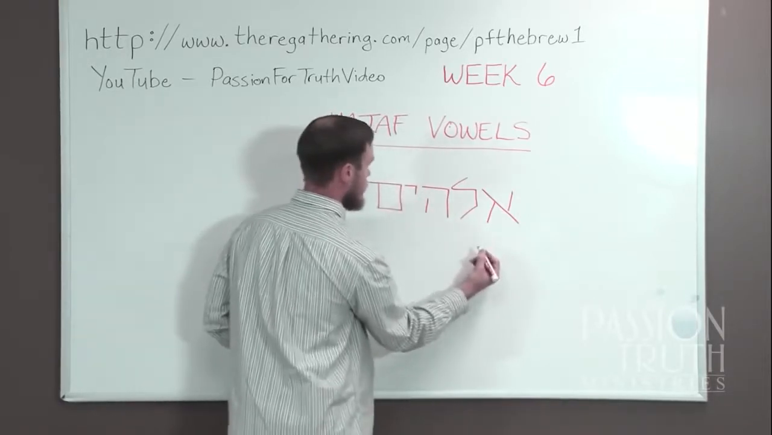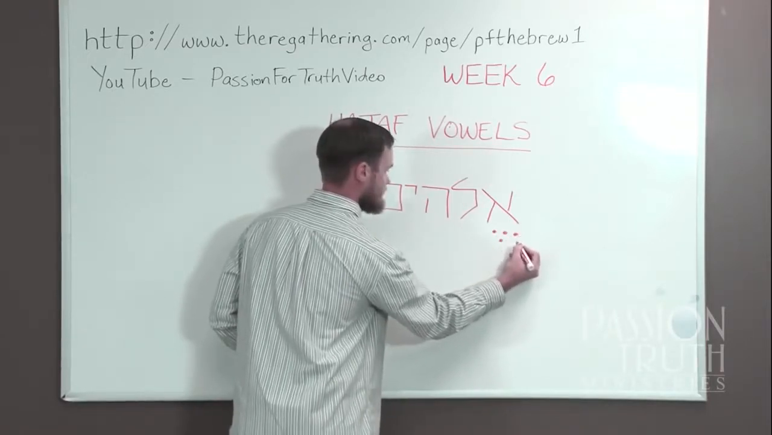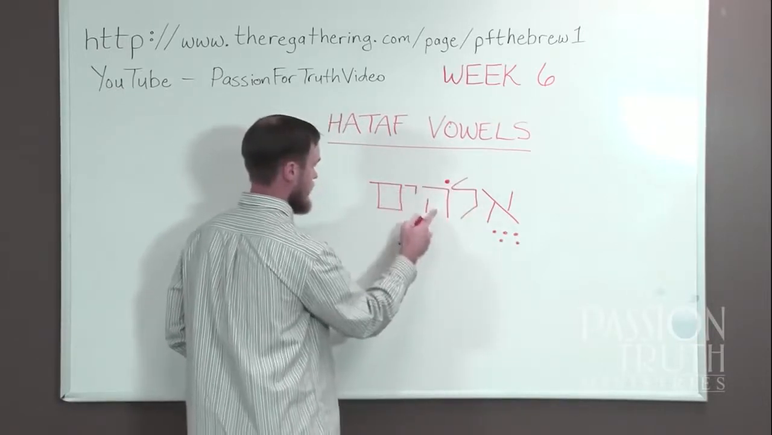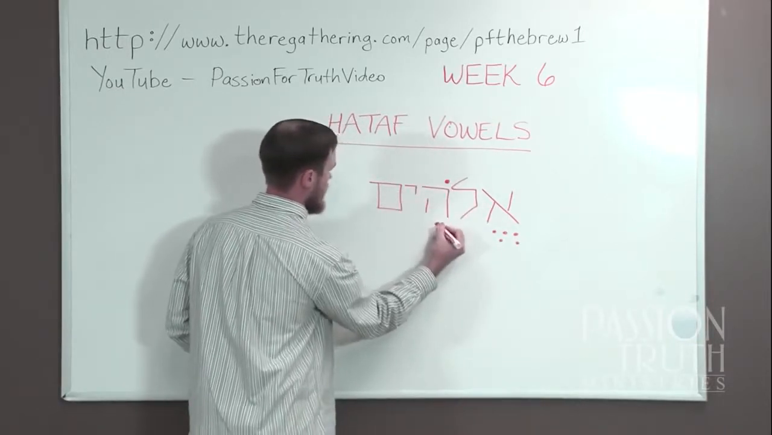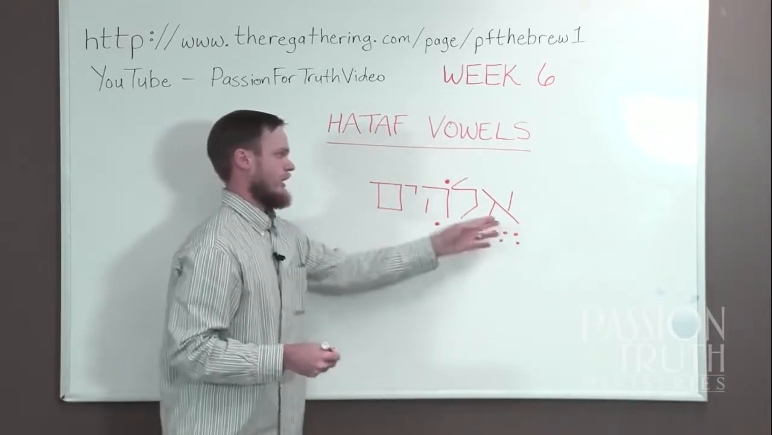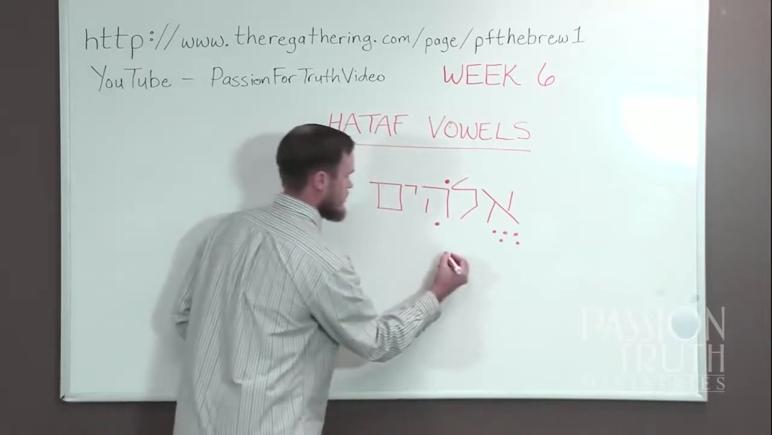The first vowel in Elohim is, in fact, a chataf segol. And a cholam between the lamed and the hey, and a cherik followed by a yod for the last syllable. Okay, so Elohim. And Elohim, of course, means